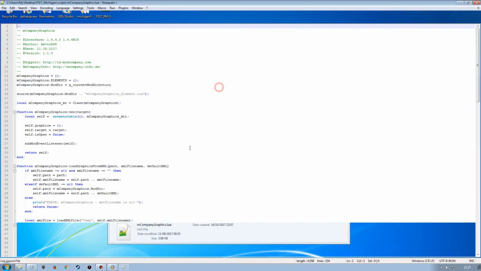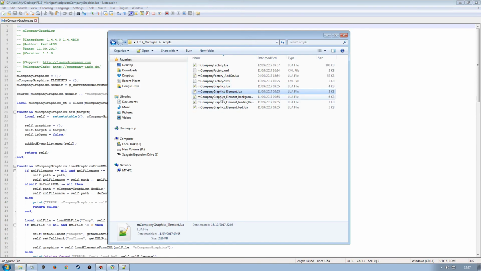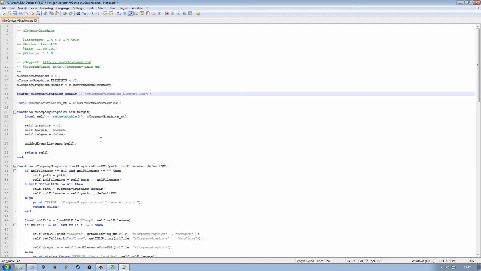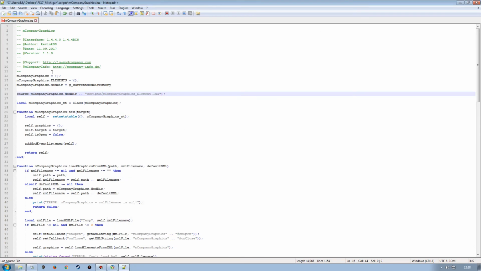So if we go into mCompany graphics.lua, at the top here you can see we've got source mCompany graphics.mod directory and the path file name to that particular Lua, which is this one here. So this script is actually talking to this script and vice versa. So what we need to do is change that path file name. So in here I need to go scripts/ so it's looking in the scripts folder for that particular Lua script. A script is looking for another script in that sense, but it needs to know where it is for it to work. Okay, so if we go ahead and save that,